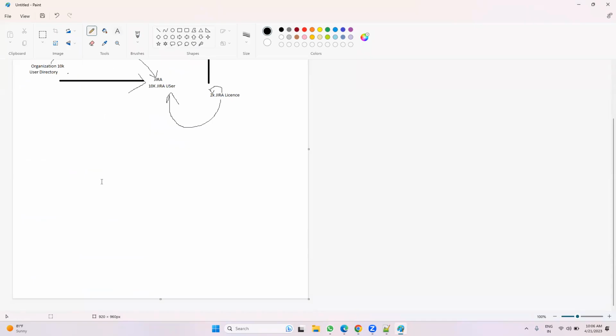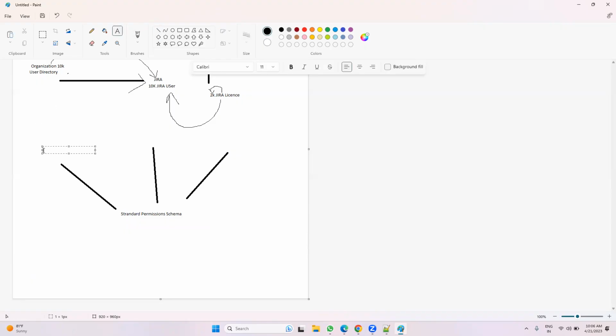It's just one thing: if it is a standard permission schema, I'll just enter the standard permission schema associated to all the projects. Whatever you have, like project 1, project 2, project 3 or project 4, or like if you have a demo, RM and JS, whatever. In the standard permission schema, we are providing